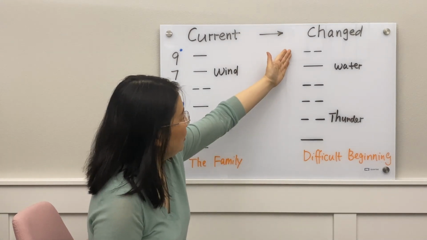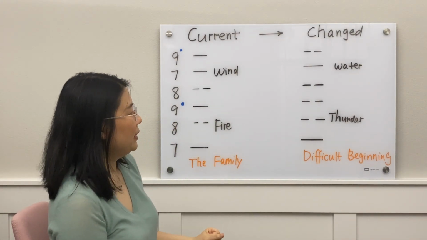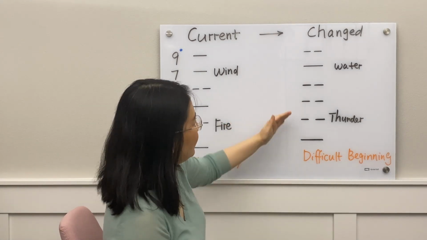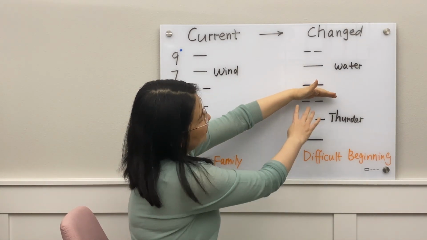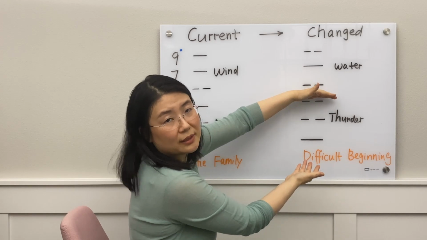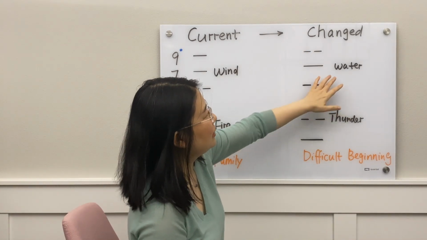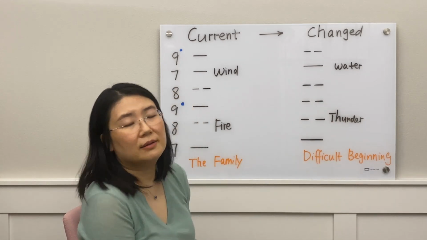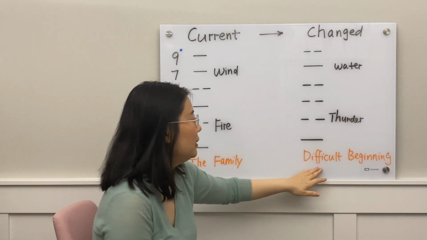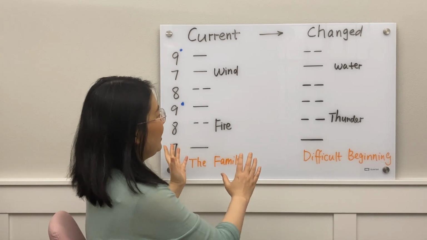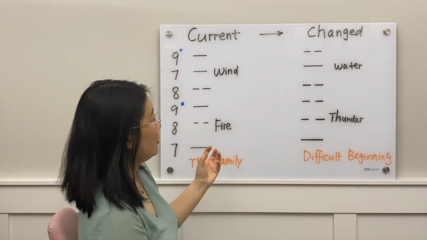Now you just form a new hexagram, and then it's a matter of figuring out what this hexagram is. It's the same thing. The internal diagram, the bottom one, is thunder, and the top one is water, and the combination of water on top and thunder on the bottom is the hexagram called difficult beginning. So that's how you can end up with the current hexagram and the